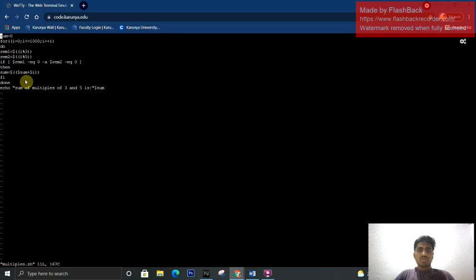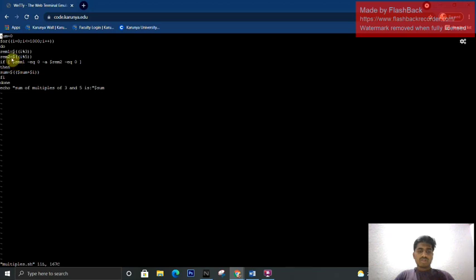First we are assigning sum equal to 0, and for loop i equal to 0, i less than or equal to 1000, and do loop, remainder1 equal to $i modulo 3, and remainder2 is equal to $i modulo 5.